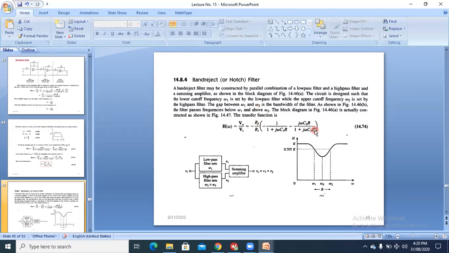The problems of this are not included, and all this about filters and Bode plot is a part of the course which is optional, and it's not required for examination. So you can study it for your interest, but that will not be included in the course because that is an electrical network analysis course, and this portion is not included.